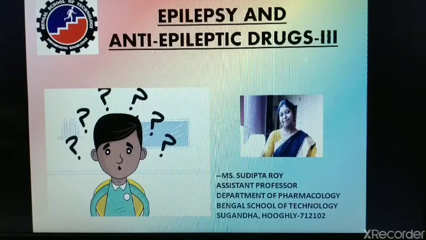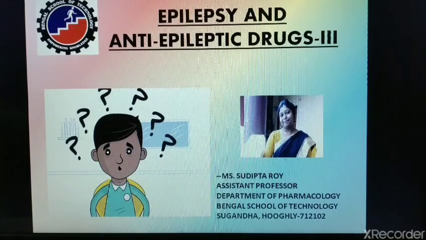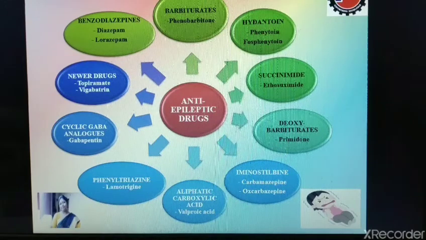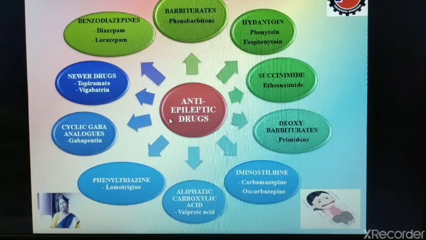In the first part and second part, we have discussed all about epilepsy, its characteristic signs, its types, subtypes, and various electroencephalography recordings of the brain with respect to the different types of seizures. In the second part, we were going through the various types of anti-epileptic drugs, and as you can see in this video, I have